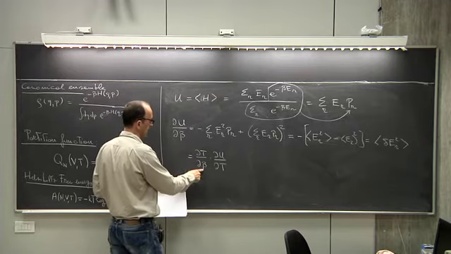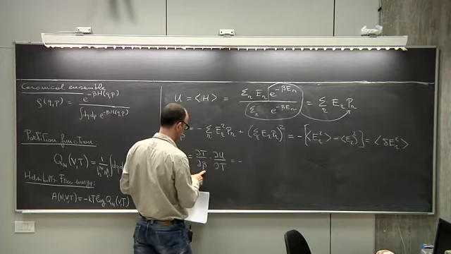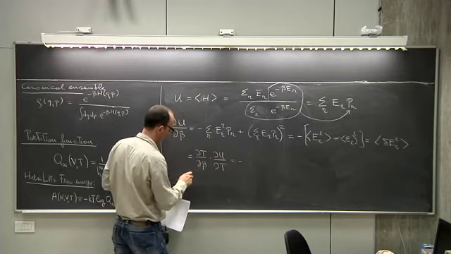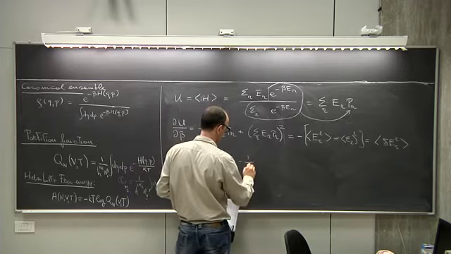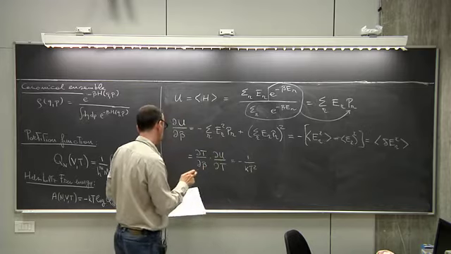And since beta is 1 over kT, this is minus